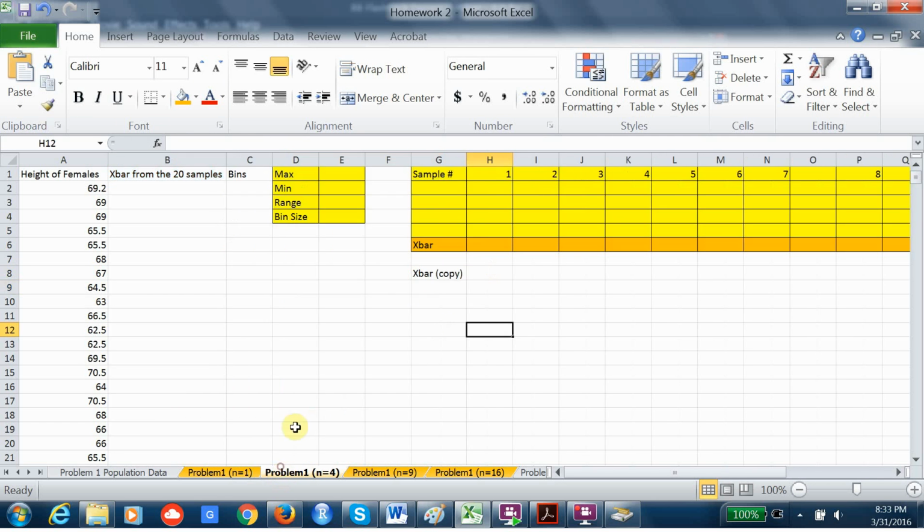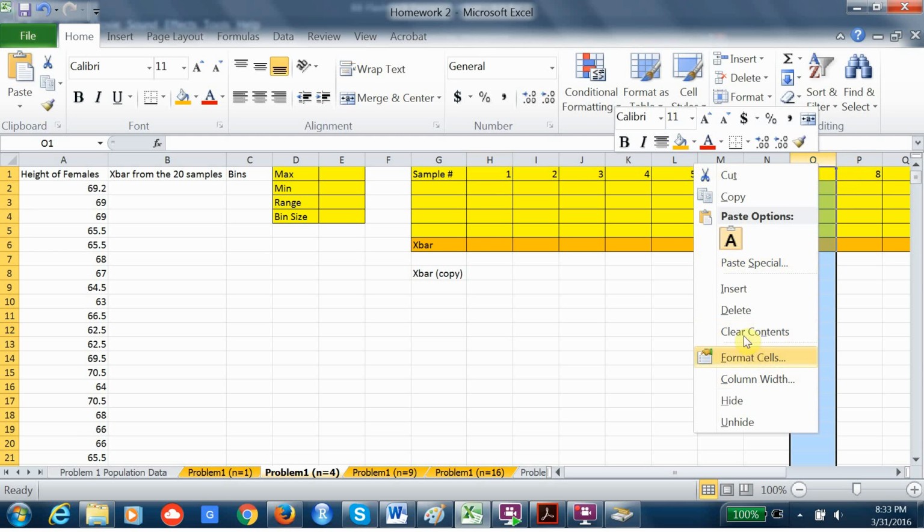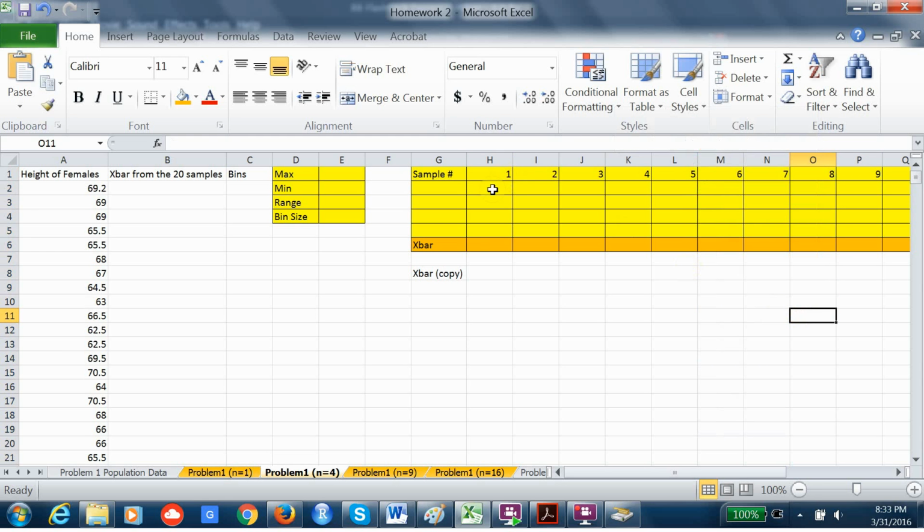Now you're going to repeat this. You're going to do this for size 4. Do the same thing. So you're going to generate 20 samples. Each sample is going to have size 4. I'm going to compute X bar for each sample. Then I'm going to copy this down here, and I'm going to paste it and rotate it here, and then do my bins by doing the max, min, the range size, and it's always handy to put this here. Just okay, and then the bin size,